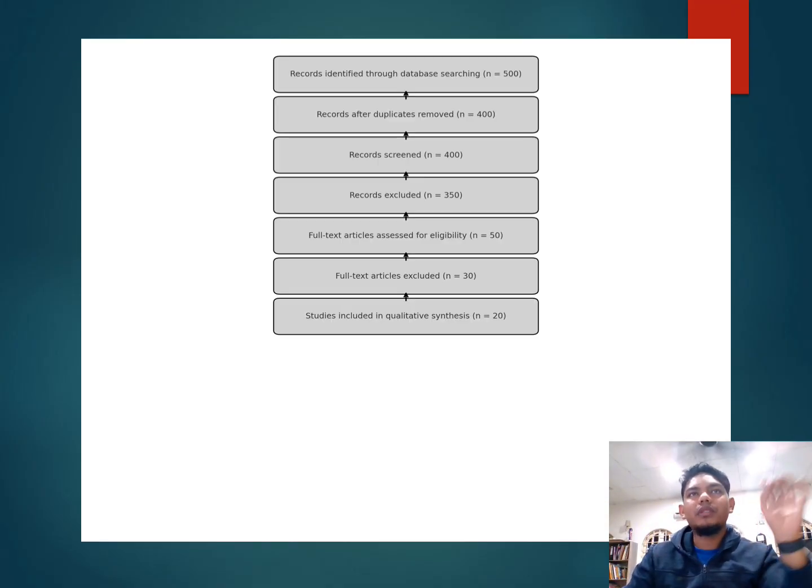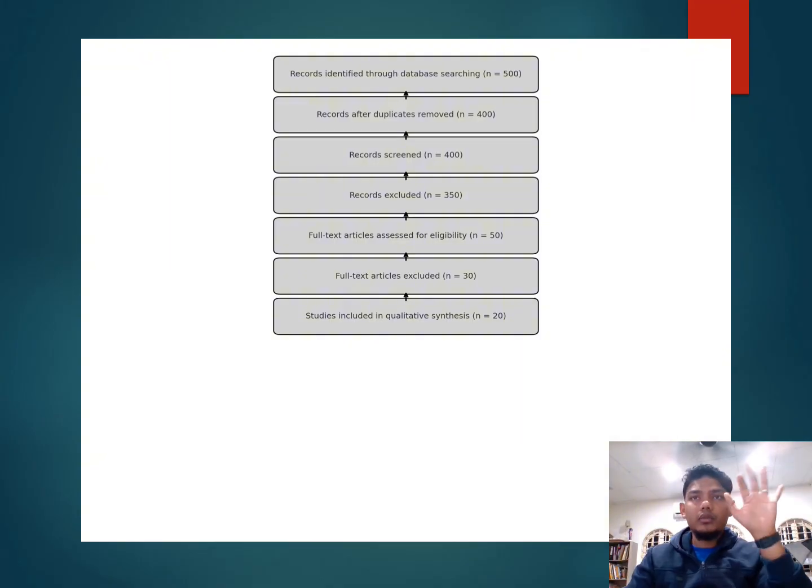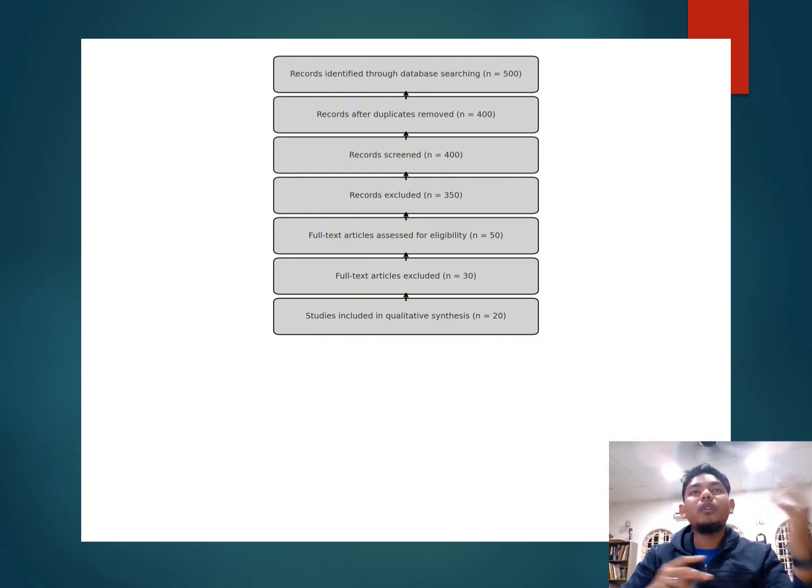Okay, so see. We start with studies included in the synthesis, and then we go up, up, up, or you can also go down, down, down. What I mean by down is we start with records identified through database searching. First, we have 500 articles, let's say, and then the duplicates we have around 100. So we have to state that we have 100 duplicates. So we now have 400 articles, and then after that, we screen the records, and we still have 400. So we exclude the articles that are not suitable for us to use, 50. So we have 350 now. And then for full text article access for eligibility, we only have 50.